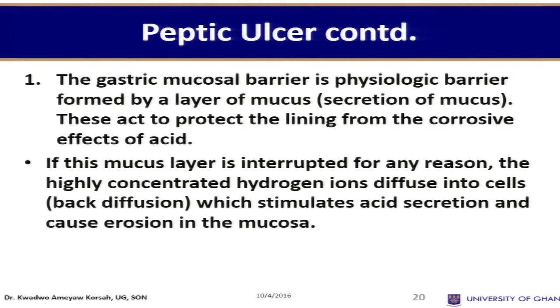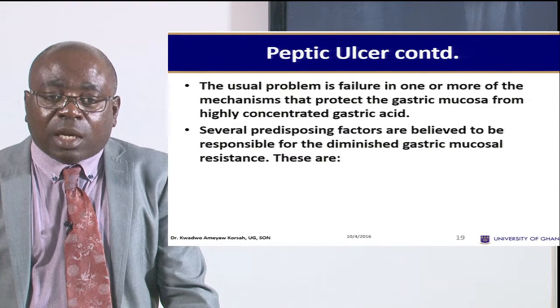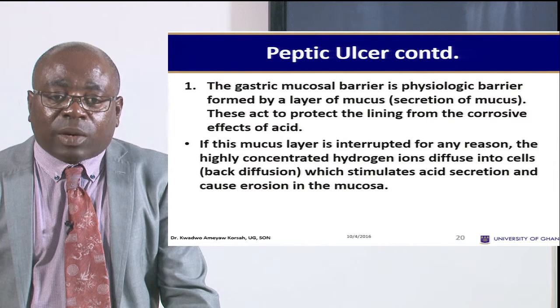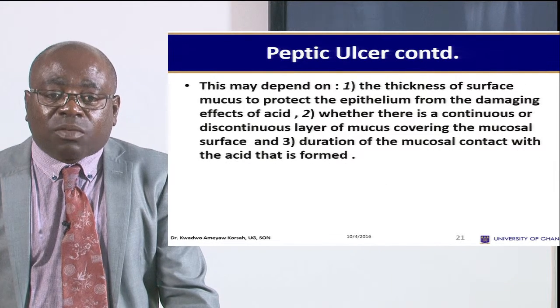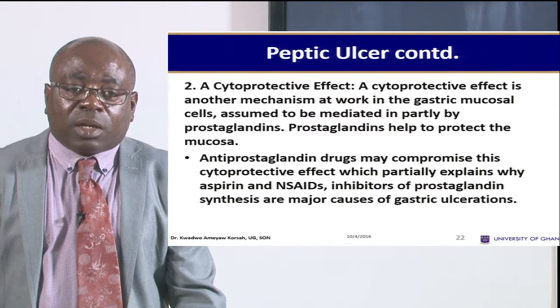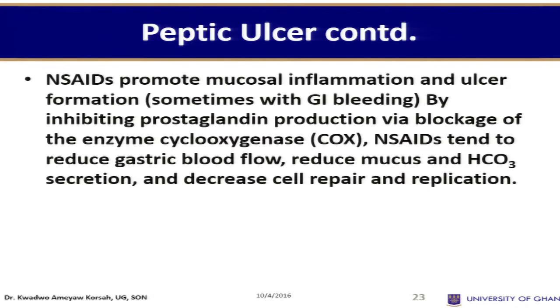So I want you to look, in the first instance, at the protective factors of the GIT, and when these protective factors are not there, or when they are overcome by other factors, then we have the development of the peptic ulcer. So we think about the cytoprotective effect of the GIT, and when, for instance, we take antiprostaglandins, such as NSAIDs like aspirin and other drugs,